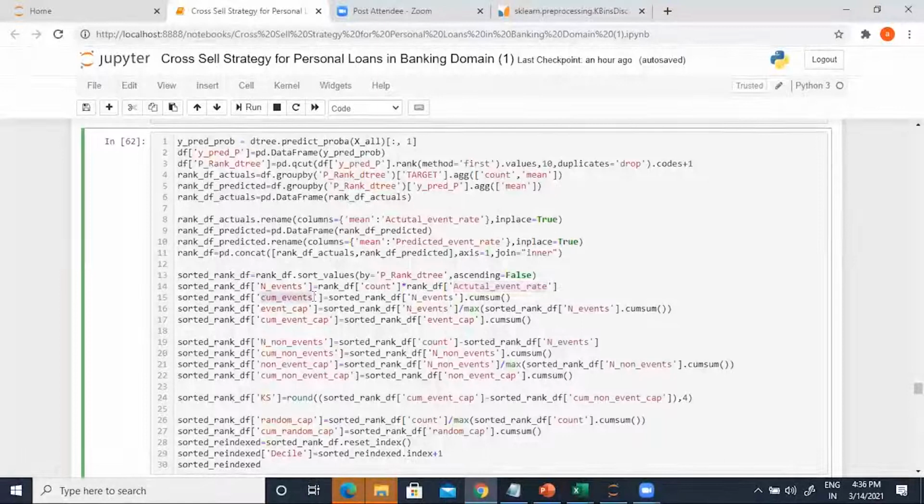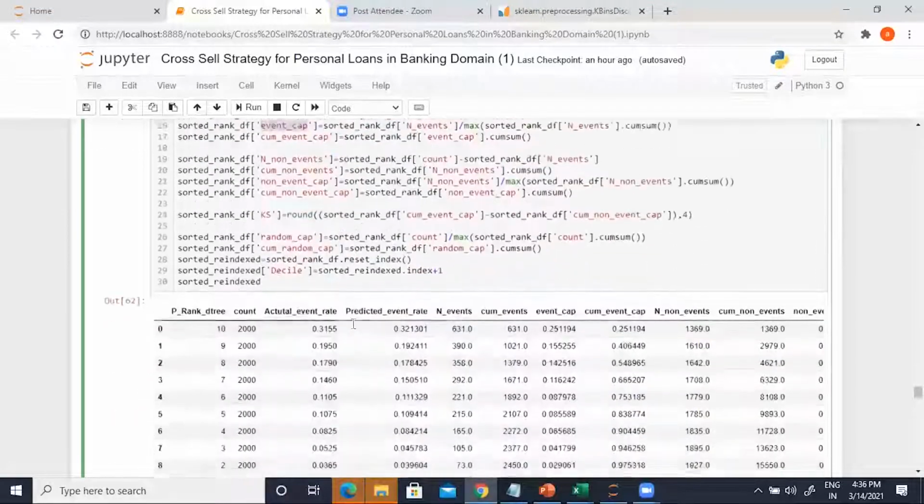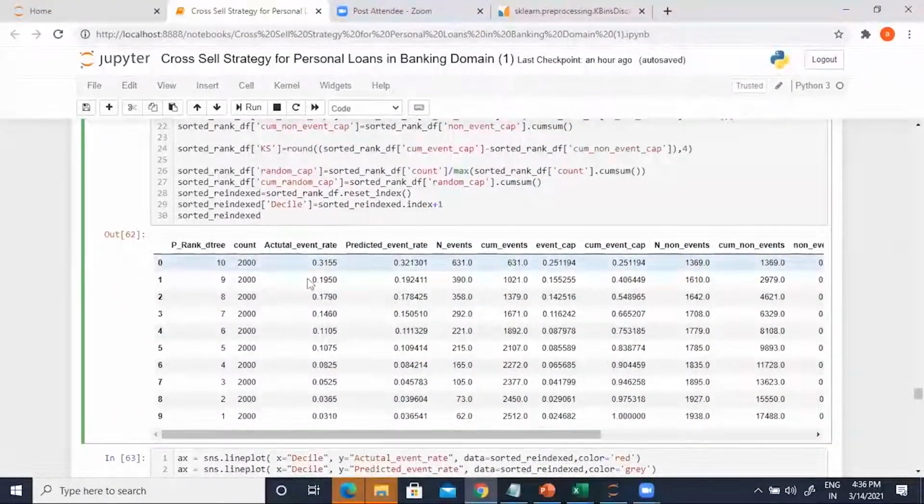And next thing I want to know is I want to accumulate them. I want to see that in the first decile, how many of them are getting captured. By the time I move to the second decile, on a total basis, A and B, how many events can get captured. So things like that. I'm basically trying to accumulate them. Okay. Now, once you accumulate, you can actually calculate how many events are getting captured across all the deciles. This is not the same as probability. So let's come over here. I think till this point, it is all clear, right?